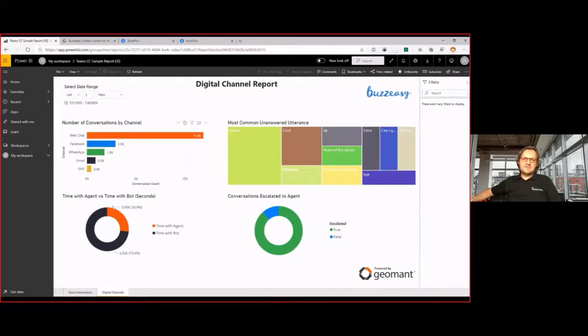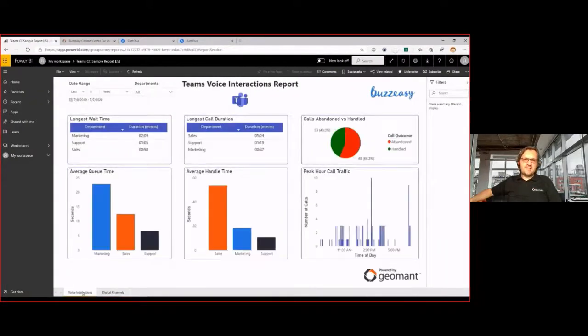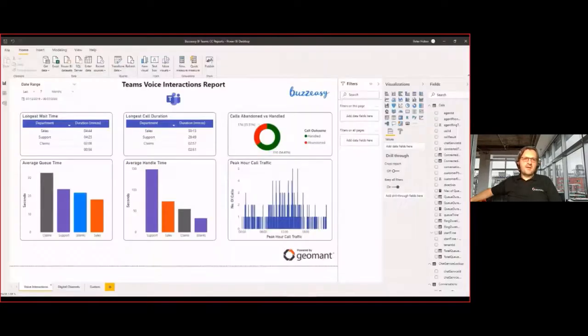And as you could imagine, the same report is there online, because basically this is the one that is embedded into the Teams tab on our application on Teams. So same reports are there. The way we can deliver this is a simple Power BI application. So it's pretty easy to install on the Power BI tenant of the customer. So let's just swap to Power BI Desktop, because of course these reports were created in Power BI Desktop.